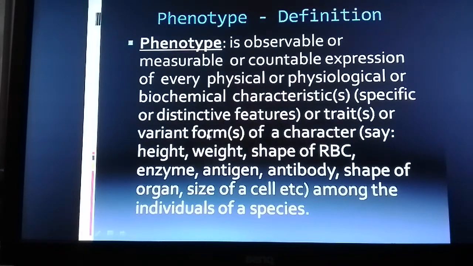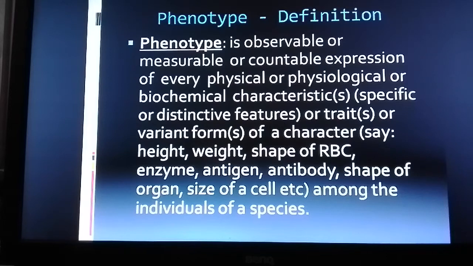You see the definition for a phenotype is observable or measurable or countable expression of every physical or physiological or biochemical characteristics or traits or variant forms of a character. What is a character? Now you say the height of an individual, whether it is animal or plant, weight of an individual,